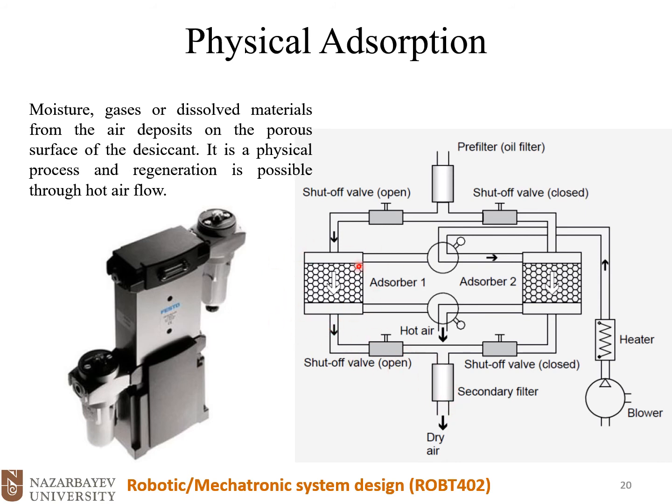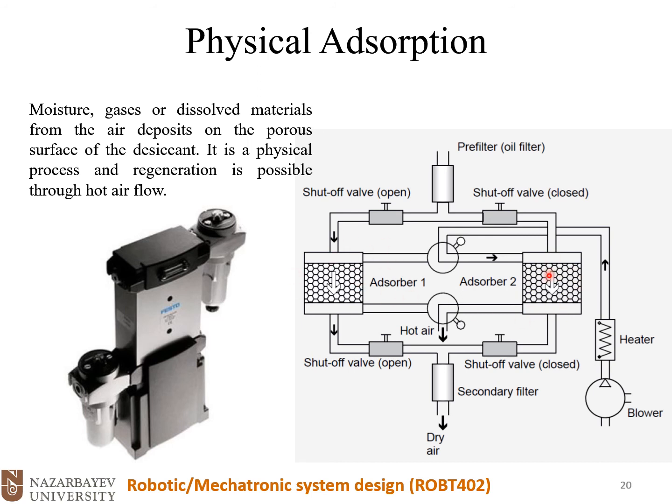Now after a while this adsorber will be saturated, so we need to regenerate that. So this valve will be closed and the other one will be open, and the air will go to the second chamber. So let's assume that adsorber 2 is already saturated and this one is working, and now we